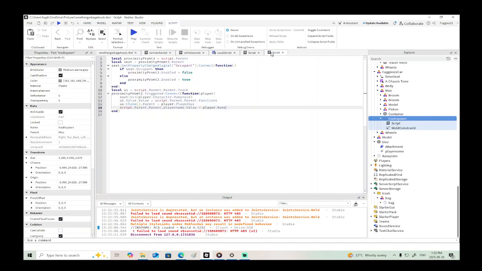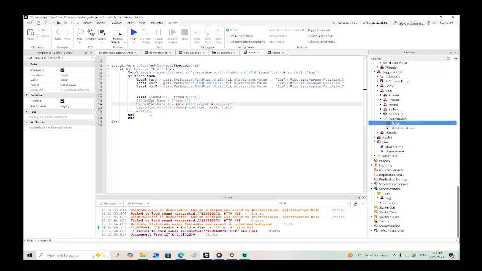All right, maybe we should limit it. Maybe we should limit how many times that spawns. Let's see. Otherwise, every time it touches it, it's gonna spawn trash, and we don't want that. So we can say